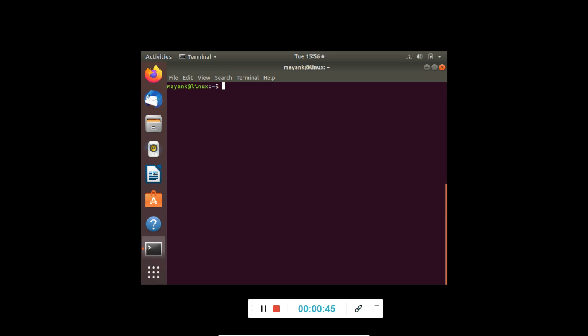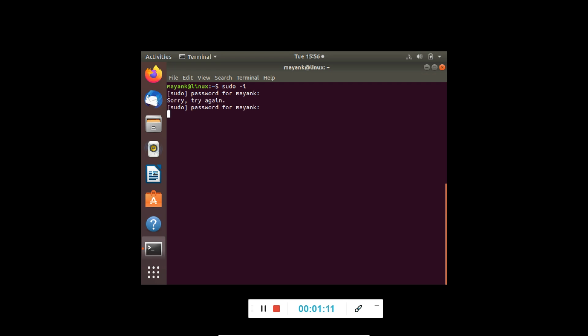So to begin with, let's use a command to log in as root. To log in as root, we use the command sudo -i. It asks for your password. Let me enter the password. I made a mistake typing the password, so I typed it again.